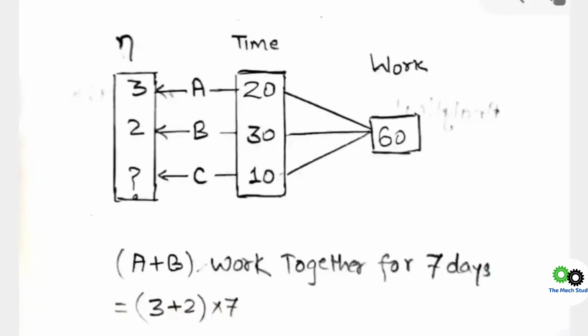So I have already calculated: A completes that particular work in 20 days, B completes the work in 30 days, and C, I don't know exactly as of now. They have completed the remaining work within 10 days. What the total work was, I don't have any idea yet. So if you take the LCM of 20, 30 and 10, then you will land up with 60.